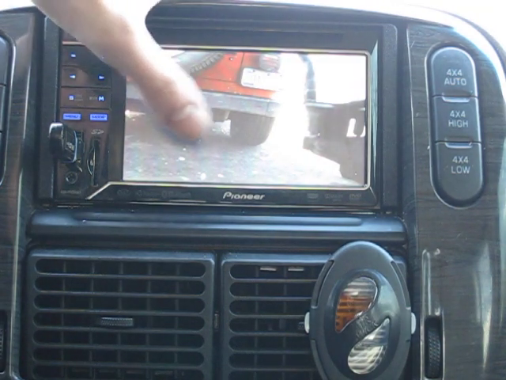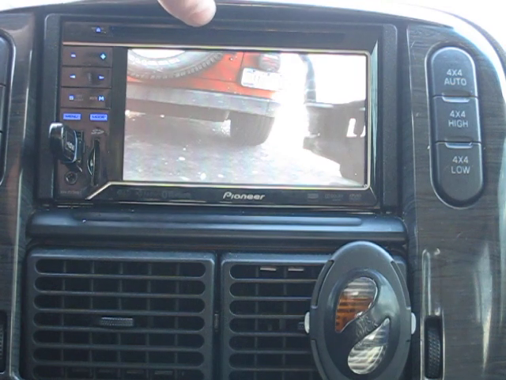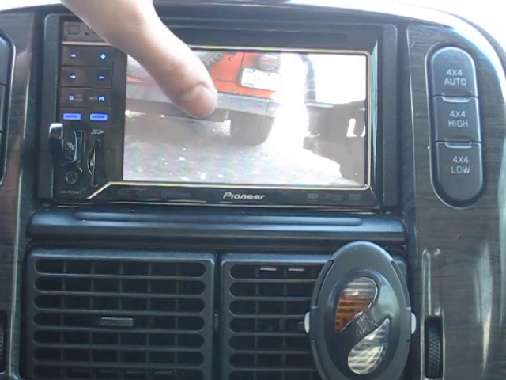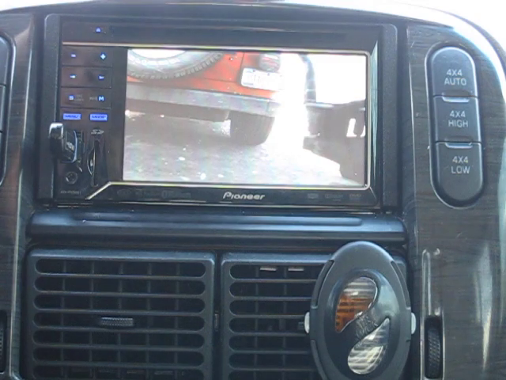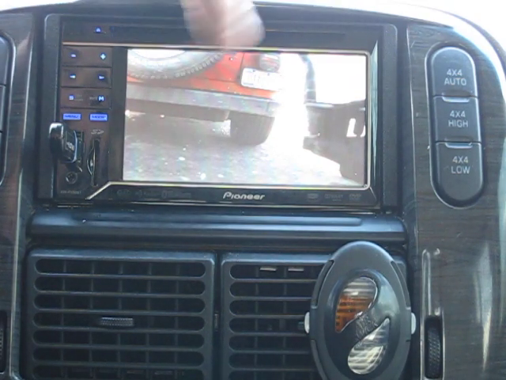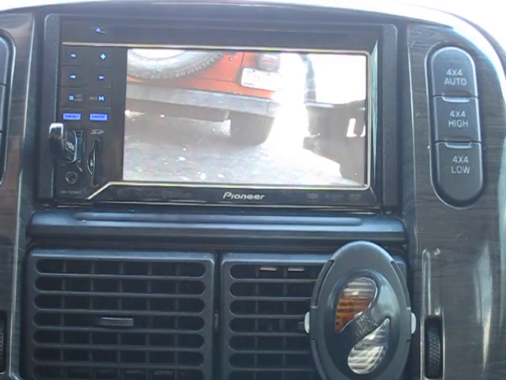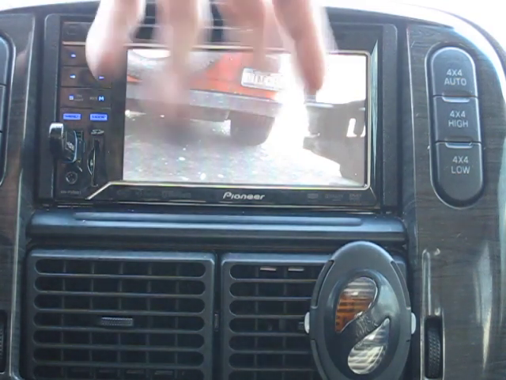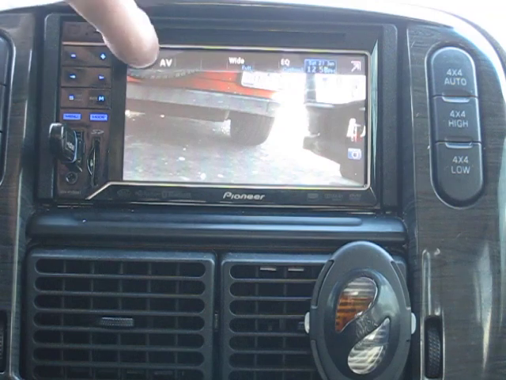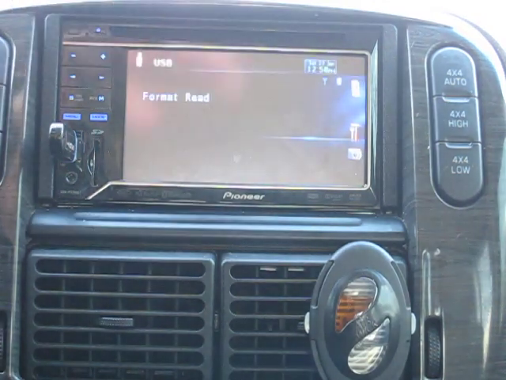And this is cool because it's night vision, so at night you could see when you're backing up, and I could drive with this if I wanted to. But at night you can't see just because the people's lights are right in it. But this is probably one of the coolest things. The camera was like $50. This whole piece came out and I hooked it up pretty easily. Another cool thing is the